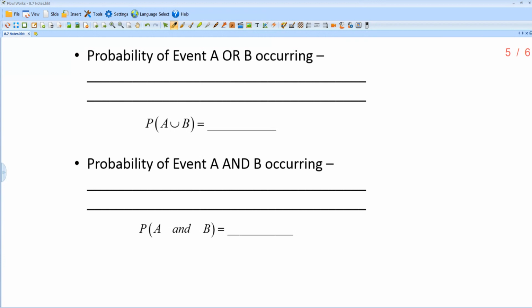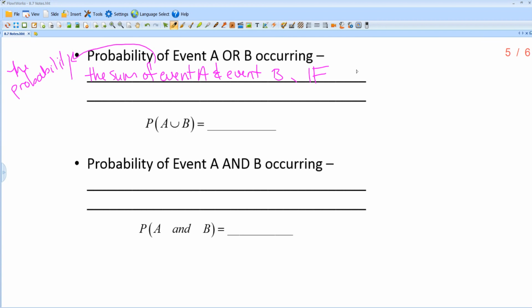The way that that can be found is by finding the sum of event A and event B. So we find the probability of A, we find the probability of B, then we add them